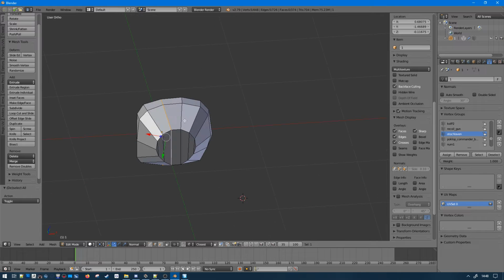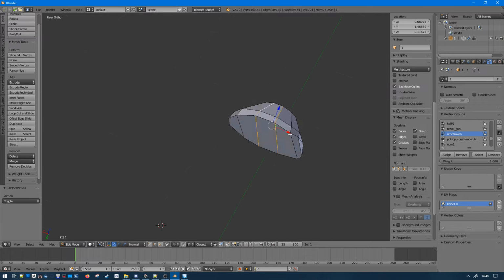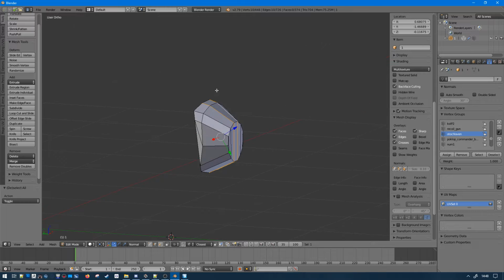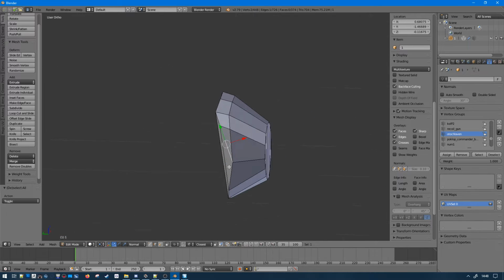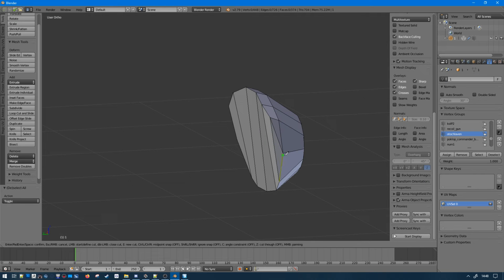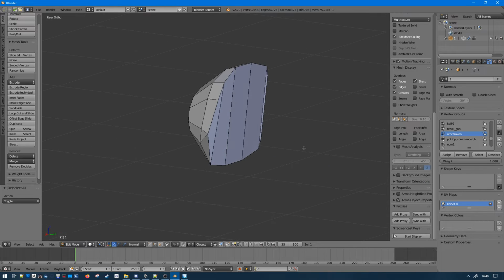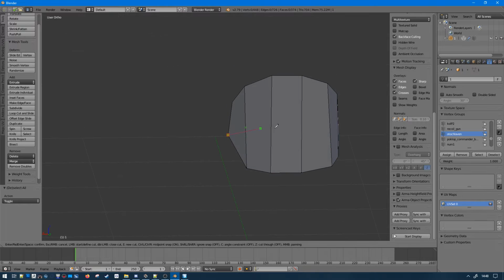So, but I'm sure it's still capable of messing up. To do this.